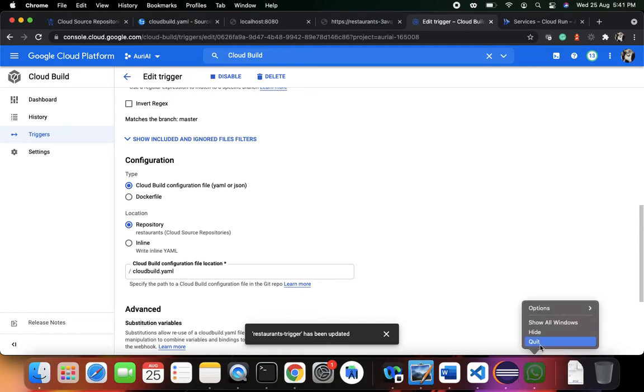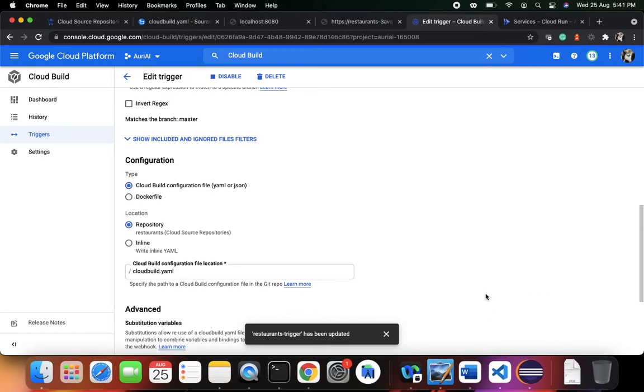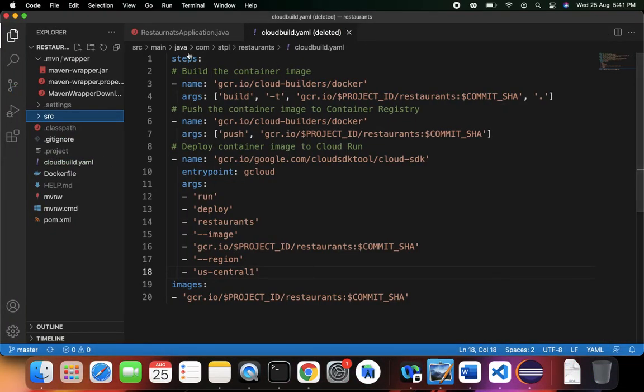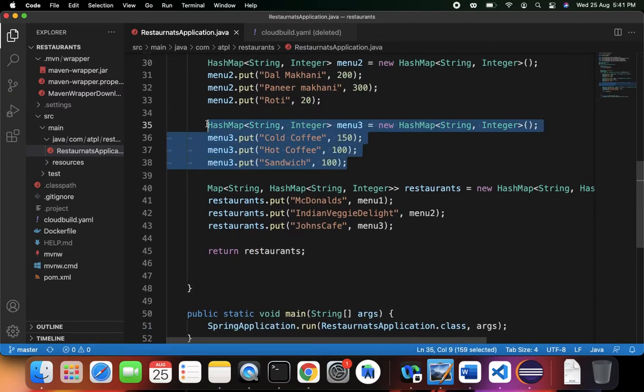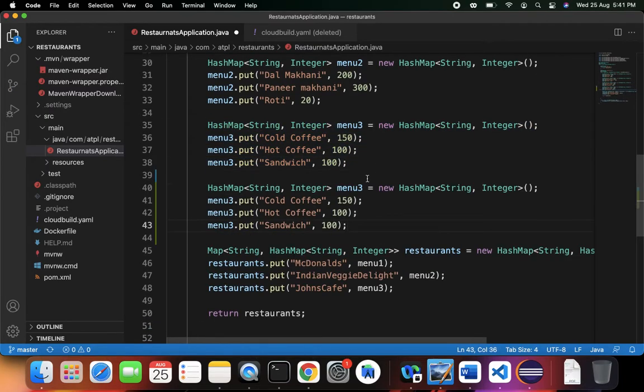Once the cloud build is created, your container image is going to be constructed, and from there onwards it is going to be deployed onto the cloud run. So that is what we got: continuous integration, continuous deployment. So let's try to see what we need to do now. In my restaurants application, let's add one more menu. So in this menu part here, let's say the menu 4,